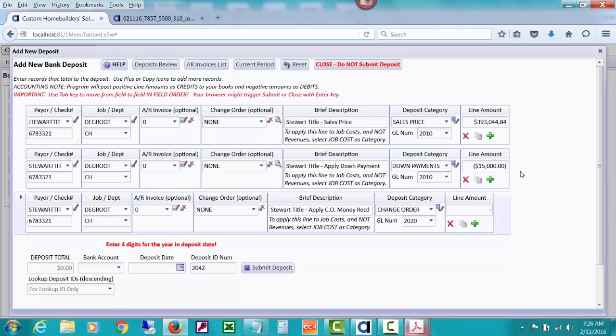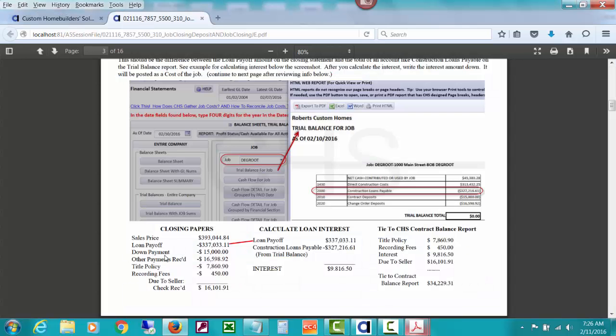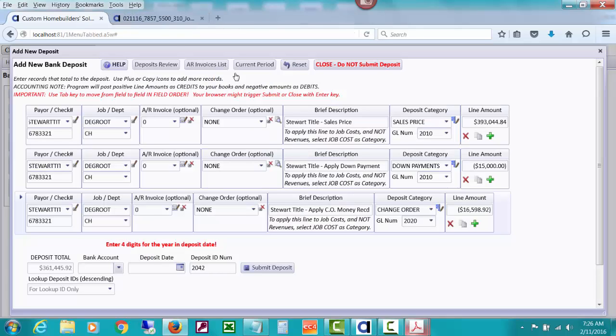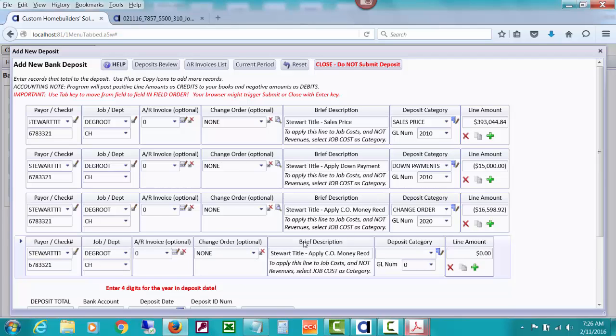It's minus 16,598.92. Let's check that amount. 16,598.92. We'll come back to the title policy. Right now, we're going to handle the loan payoff. So, let me copy this line. And what we want to be sure of is, first of all, let's type